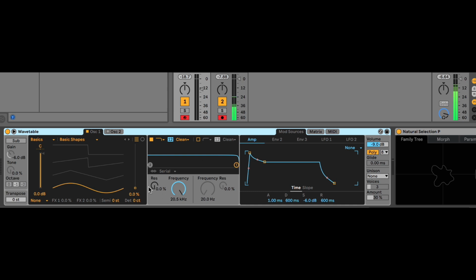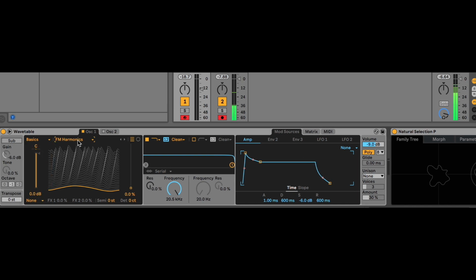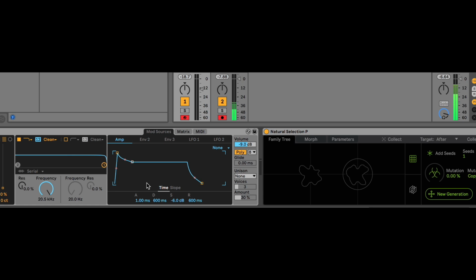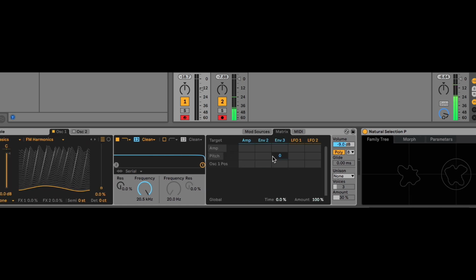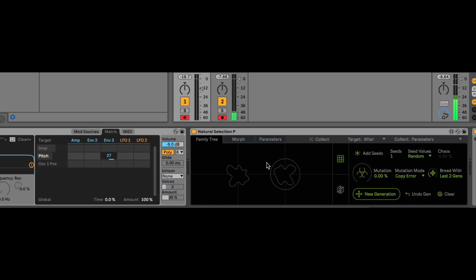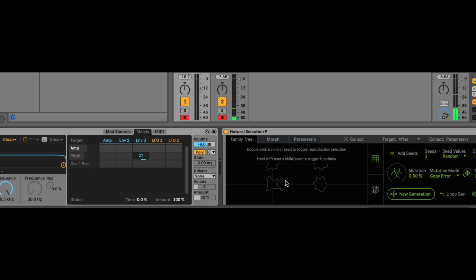So, for example, parameters I cannot automate are things like, in Wavetable, I cannot automate the wavetable selection, because you can't automate it, so I cannot collect it and change it. And same with the matrix here. This whole matrix and all the new devices' matrices, I cannot change these or collect these. So if I were to collect this Wavetable, right? And look,